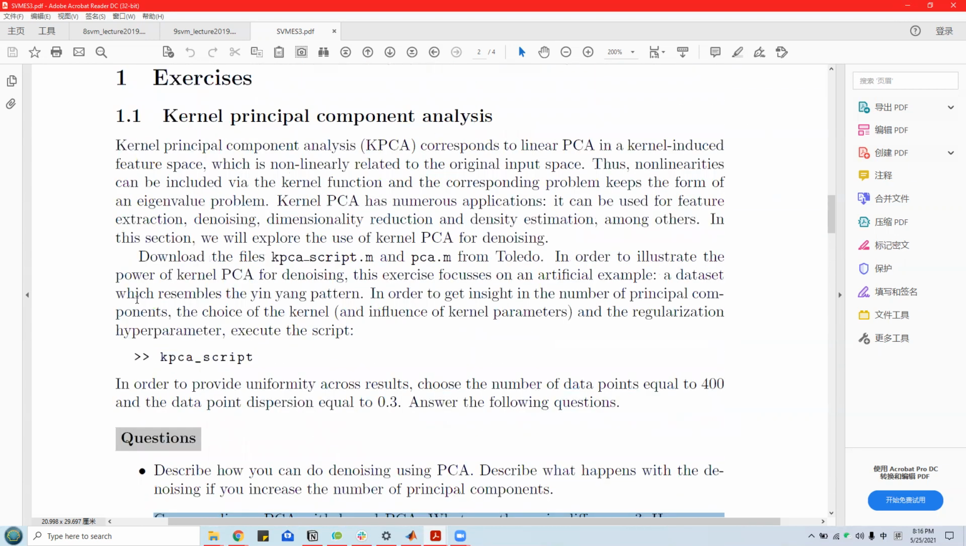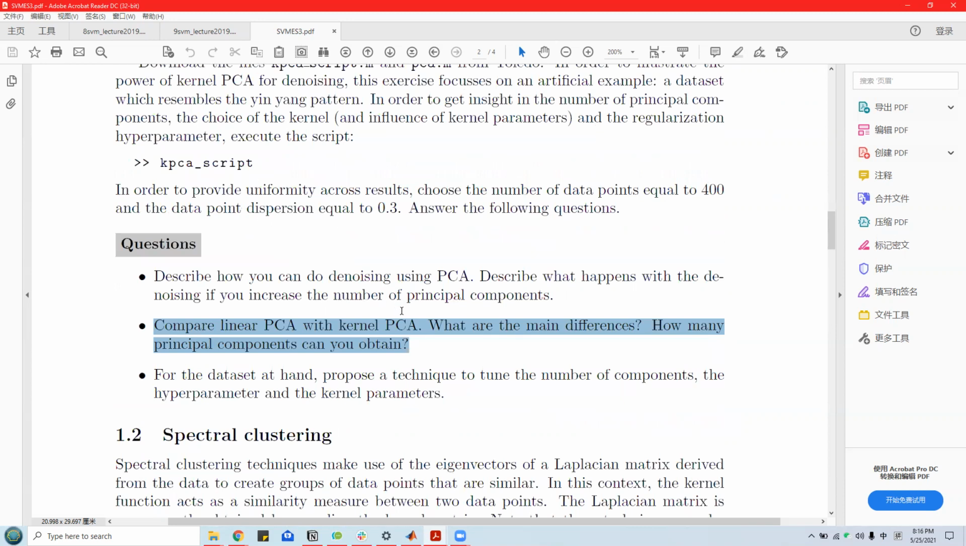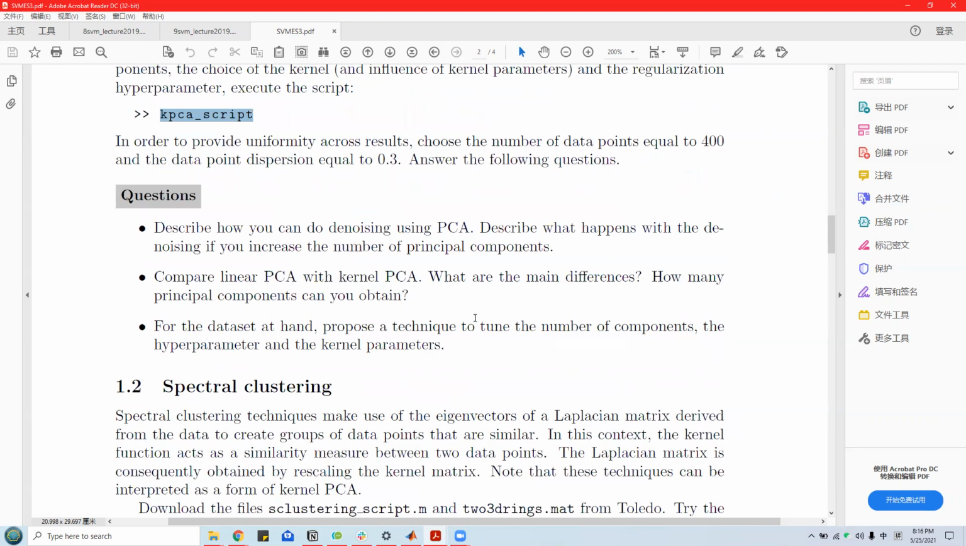So this again is kind of similar to what we have with reconstruction of the PCA. So basically what you need to do is fix the number of the components,